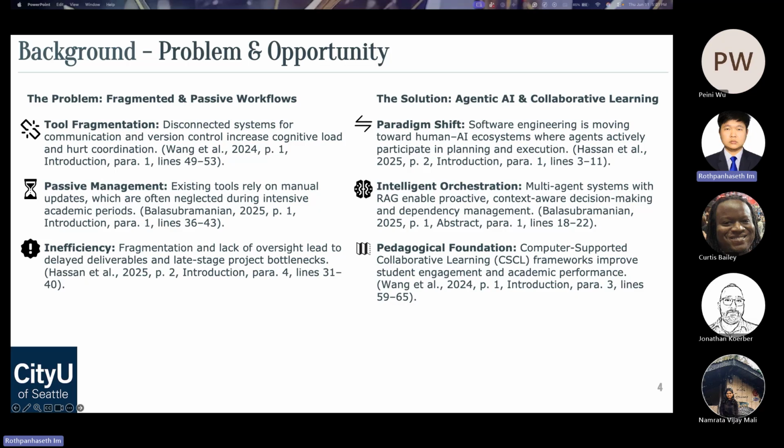Third, computer-supported collaborative learning demonstrates that technology can improve teamwork and educational outcomes. CollabAgent sits at the intersection of these three areas. The goal is not merely automation. The goal is intelligent coordination.